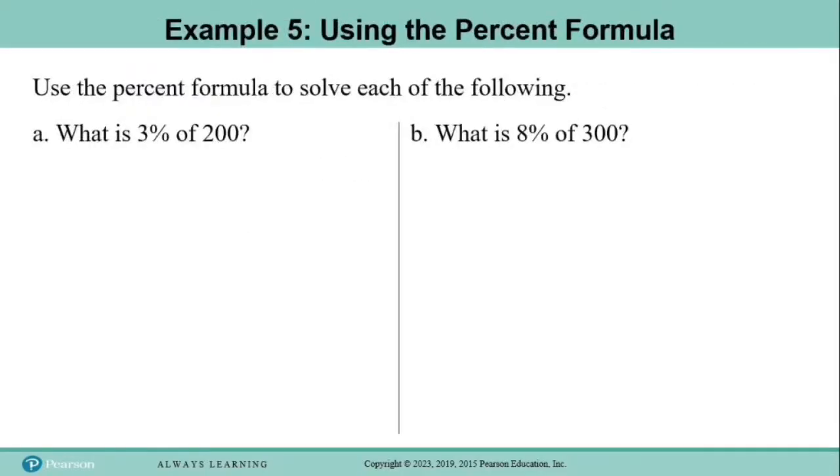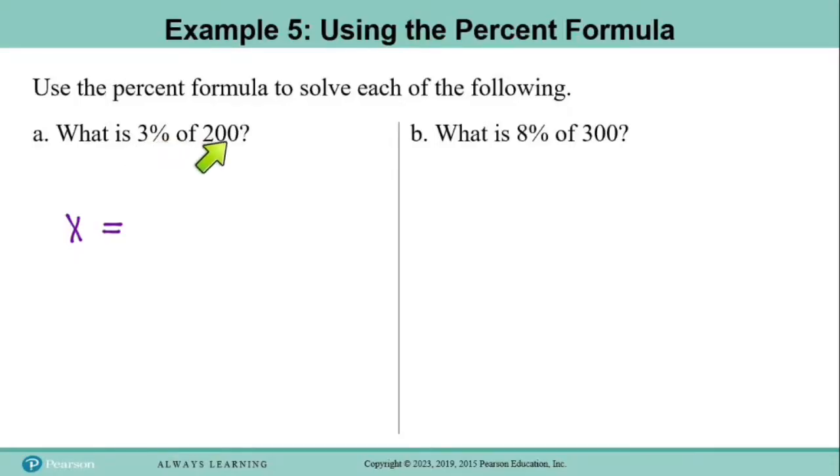And now let's do example 5 together. So it says use the percent formula to solve each of the following. And in part A, we're starting with the question, what is 3% of 200? Now we just always want to remember that the word "is" represents an equal sign, the word "of" represents multiplication, and the word "what" is going to represent something that we don't know. So we're going to let X represent "what" here. So "what is," we're going to write X equals